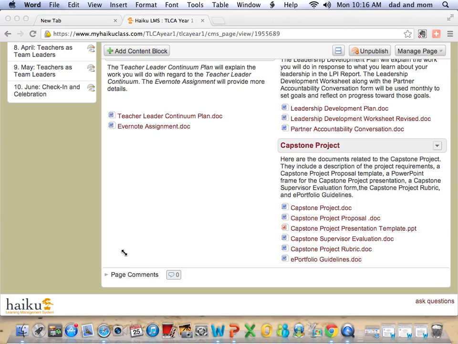So that's just a general idea of the Capstone project proposal that is due in June, and where you can find the information. These areas down here, the PowerPoint, your supervisor evaluation form, your rubric, your e-portfolio guidelines, those will all come into play next year in year 2. So between now and June, these are the 2 that you really want to be focusing on. These will come later. I do want to take just 1 second and show you a start of an e-portfolio